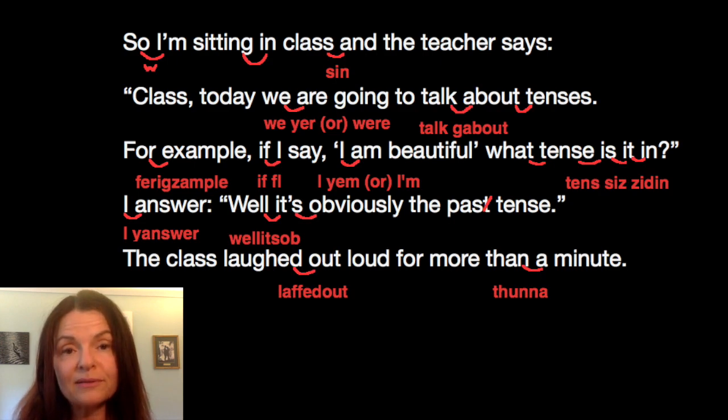For example, make a strong R in between for and example. You're linking ER to another vowel here. For example, if I say, I want to link the F and if to the I. If I. So it sounds like fi. If I say,